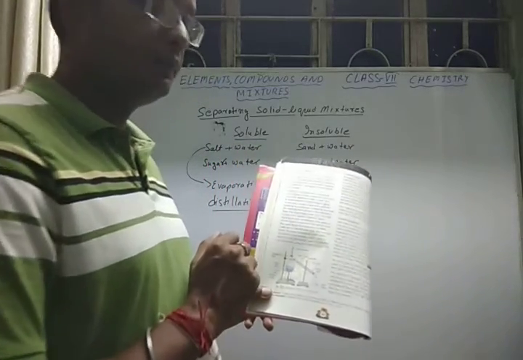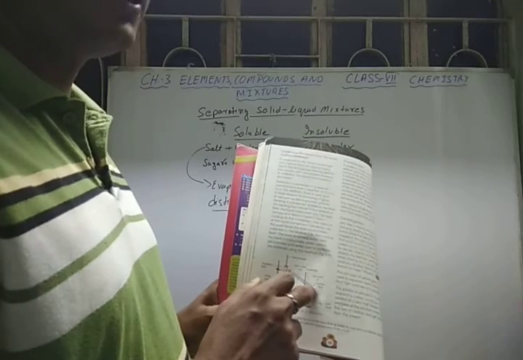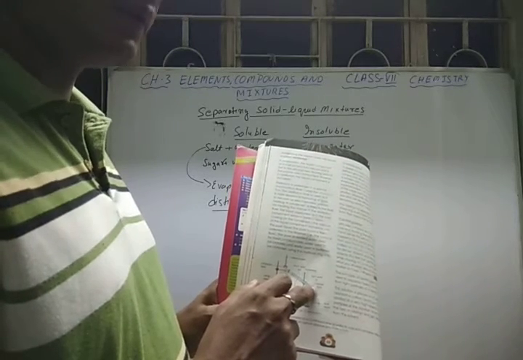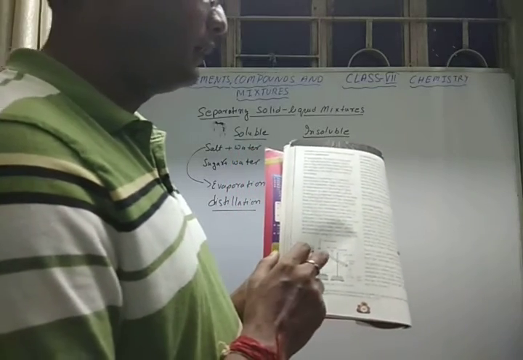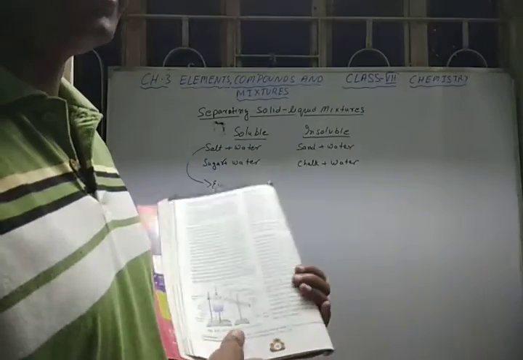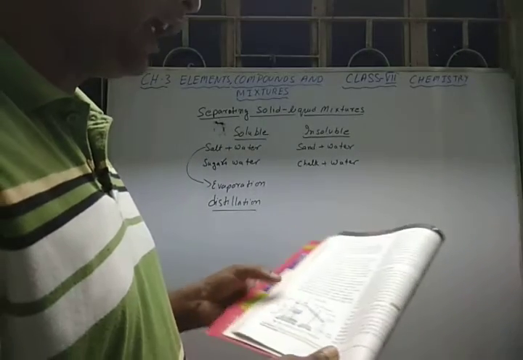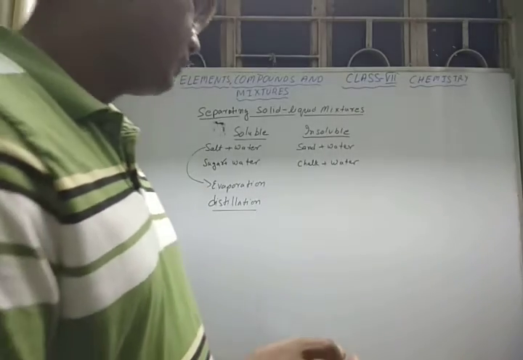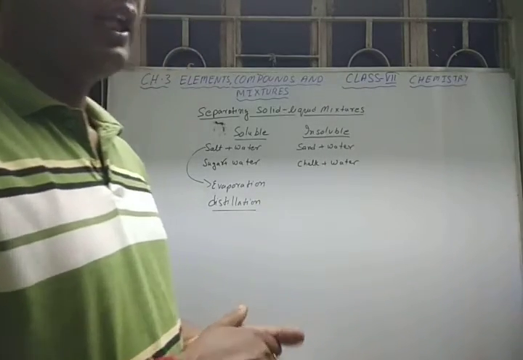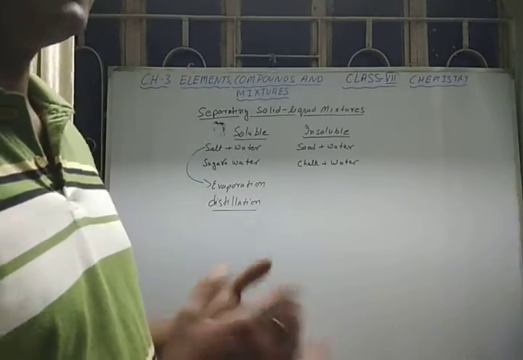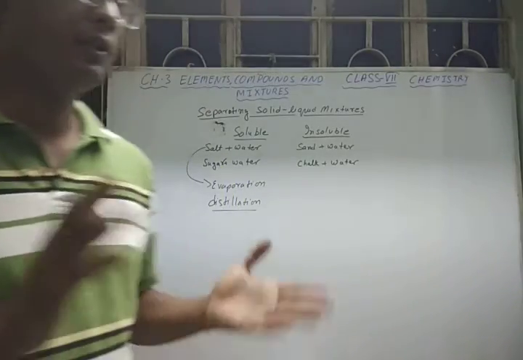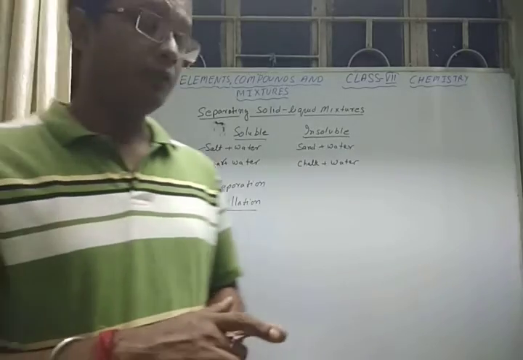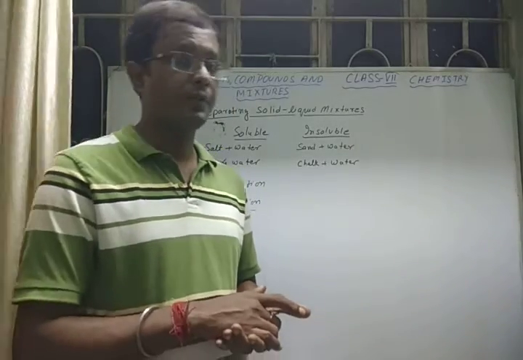So what will happen here? When this vapor passes through the condenser containing the cold water, this vapor condenses to form liquid again, and you will collect this liquid in another vessel, and that liquid is called distilled liquid. If it is water, we call it distilled water. It is the purest form of water. You know, rainwater is a distilled water. It is also a purest form of water.